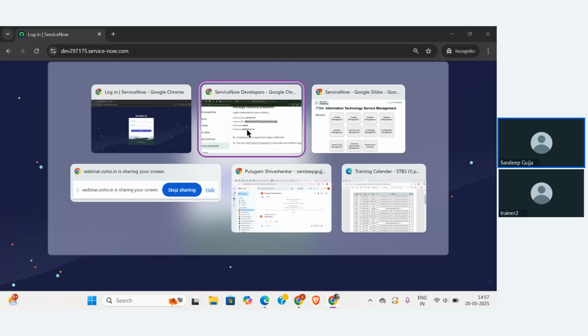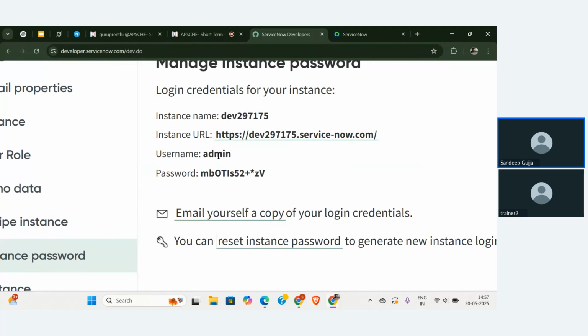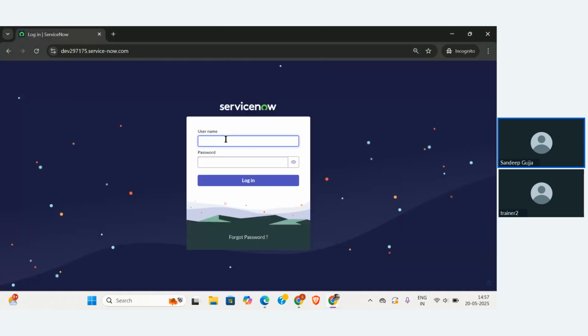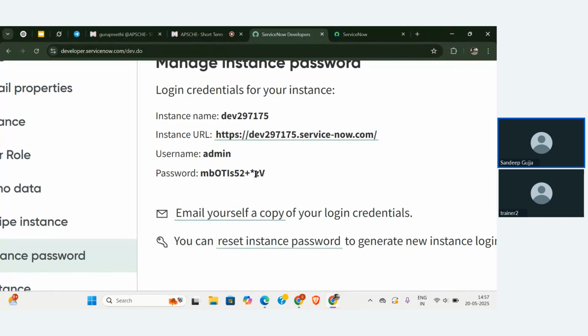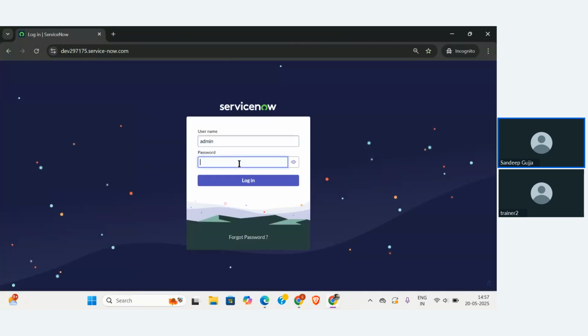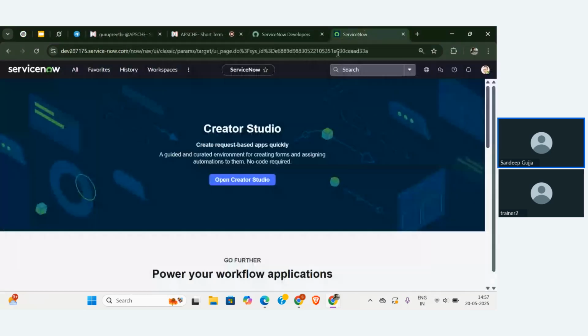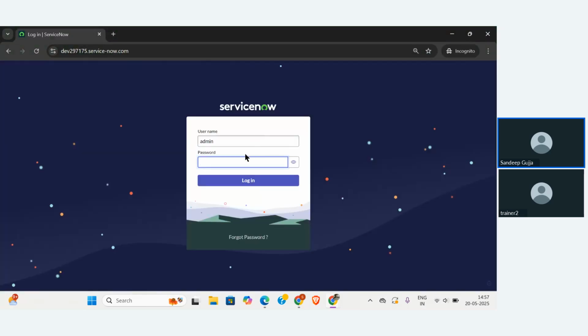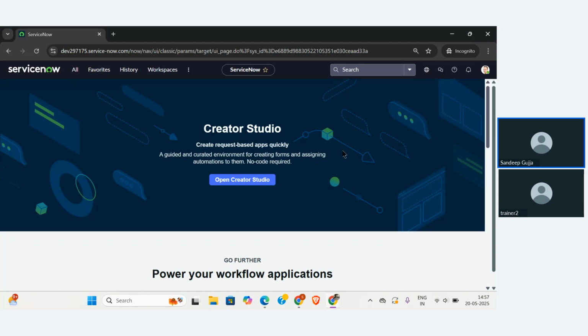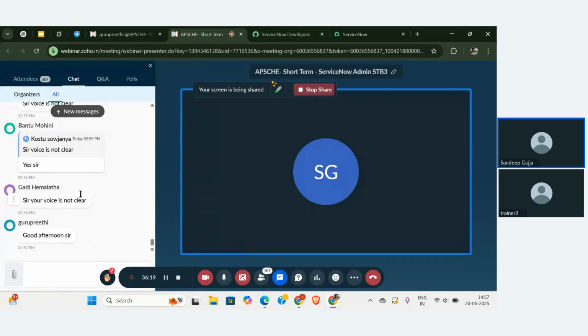Okay. So here I'm going to enter the credentials that I have. Admin is my username and password is something that is being given from here. Okay. So just copy the password and you can enter the password and click on login. It will directly open this page. Okay. No problem. Let me open that as well. So you can see that, right? The exact page that you are seeing, that is the personal developer instance, will be visible whenever you're going from the link as well. You need to enter the username and password, particularly from the choice. Okay.